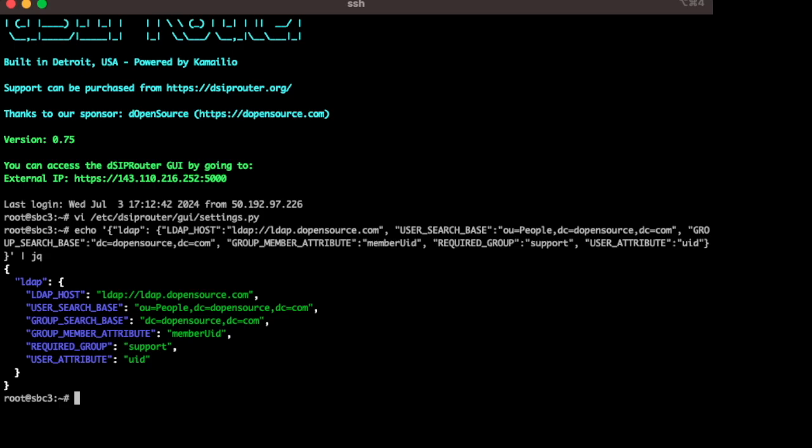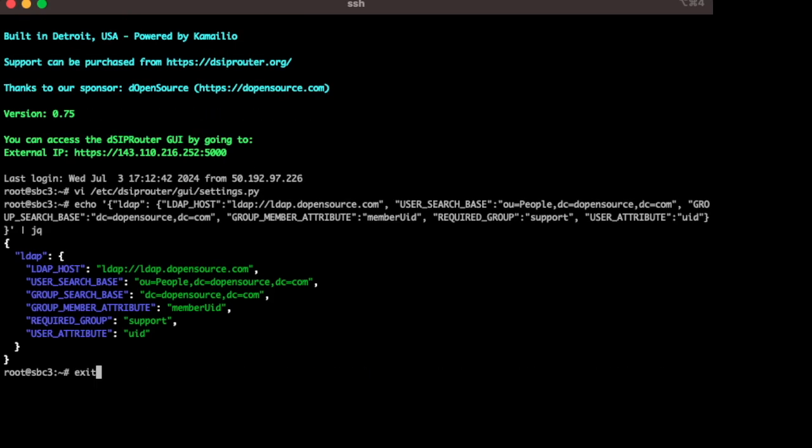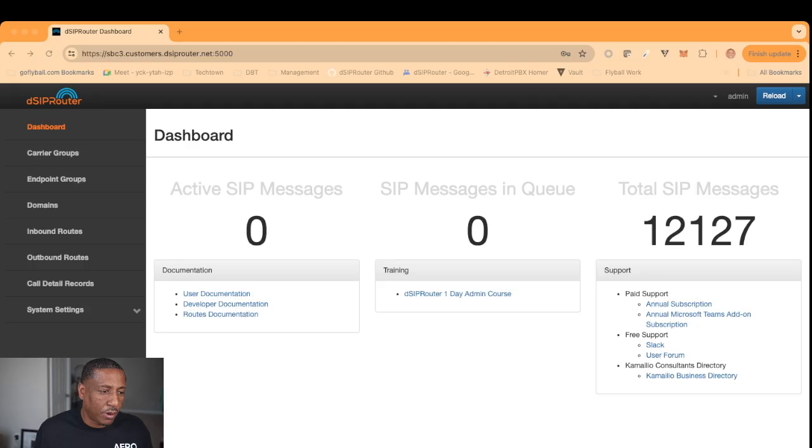changeable. You can modify them depending on what directory service you're using. So if you're using Active Directory, that's going to be different. In this case, our example is an OpenLDAP instance that we have running in our test environment. So now you understand all the settings that need to change here, or what's possible to be changed. Let's go ahead and now restart DSIP Router now that we've enabled this option. And from there, we should be able to go back to our browser,